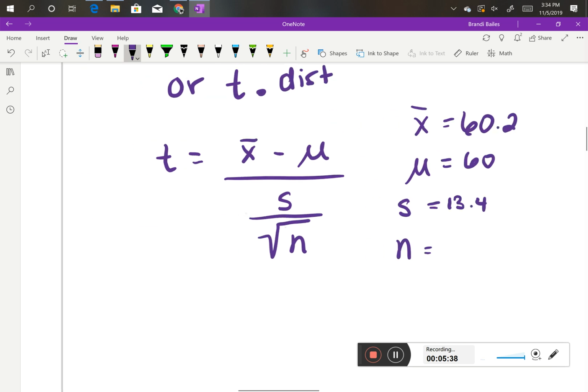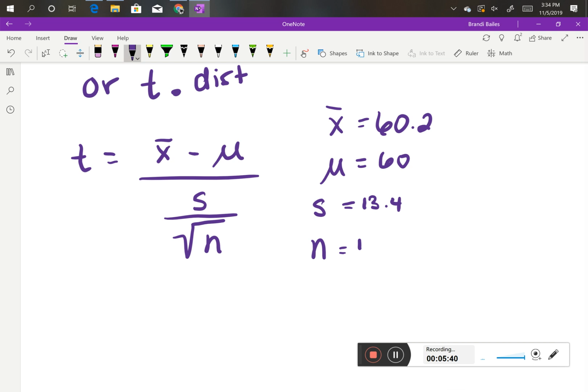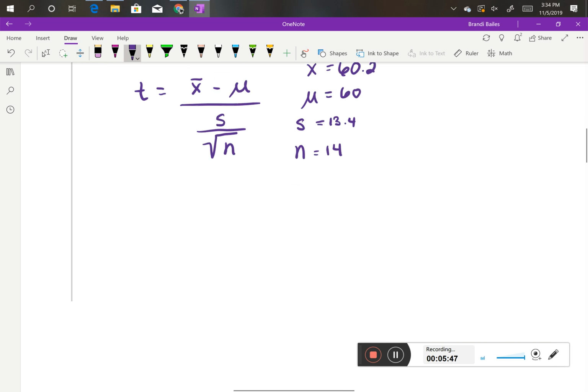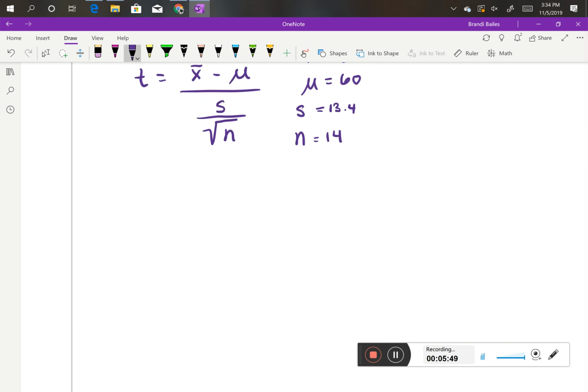And finally, n: they collected data over 2 weeks. So that is 14 days, since our argument is the number of tickets per day. So if I want to use, say, Excel to be able to figure this out, I would type equals